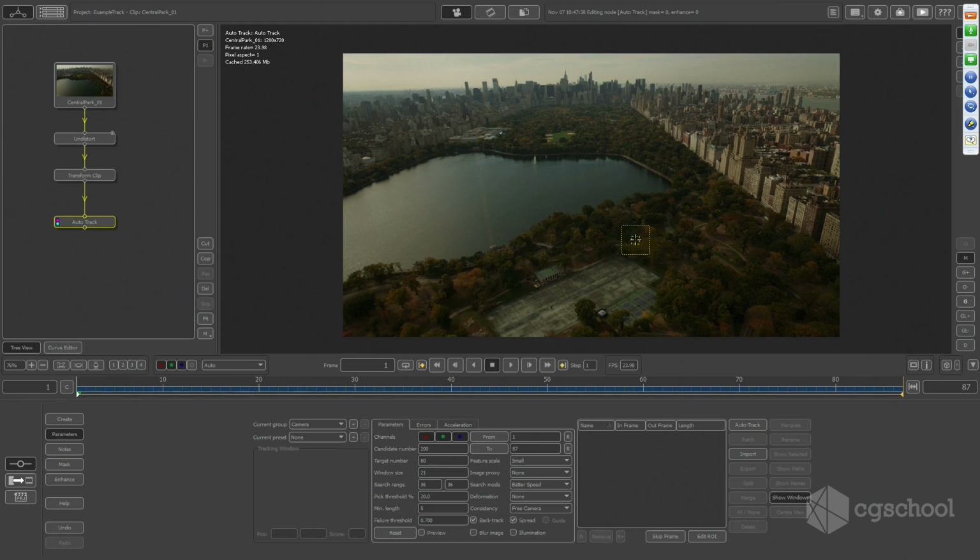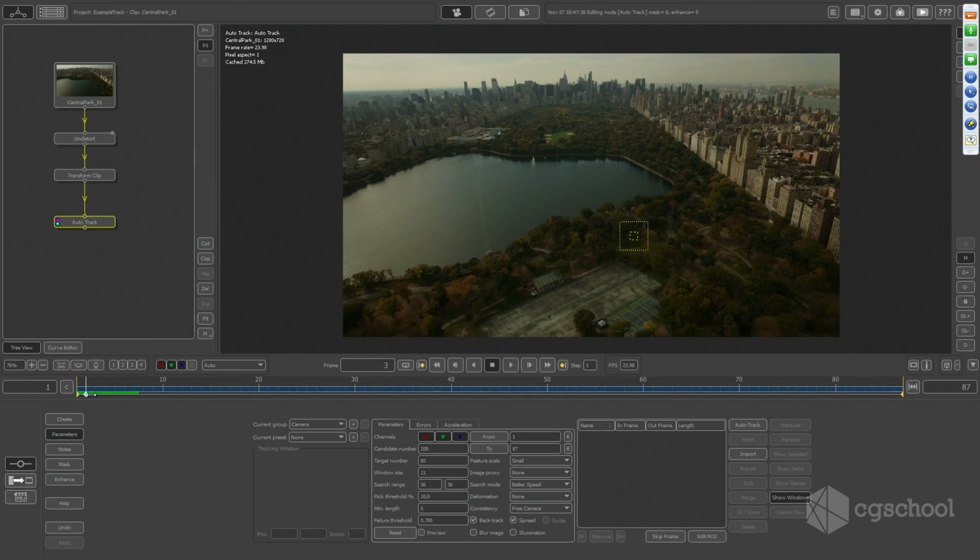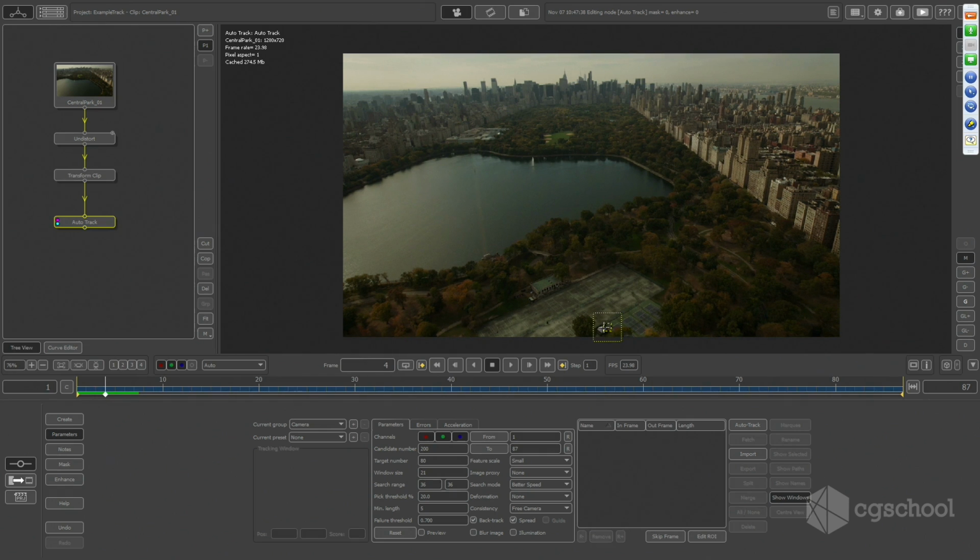The other thing is I like to try to be quick, and you may notice there's a feature called Show Window, and it will show the size of the item that they're trying to track, and then it shows the window size. Down here, there's a window size and a search range, and that's what this is representing. And I know, having seen this footage, that it doesn't move very far frame to frame. Even this is where it's moving most quickly. So from one frame to the next, I'm going to turn the window size down to probably 12, and I can turn down the search range to maybe just 20